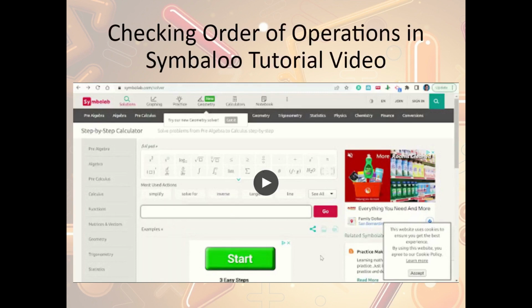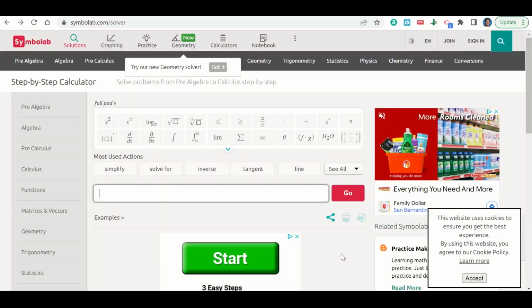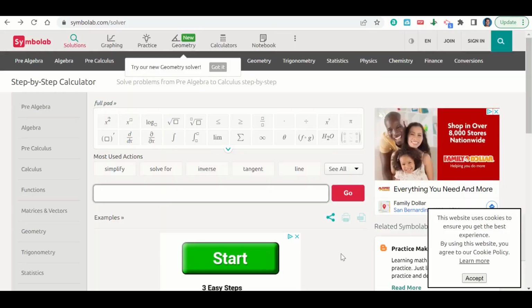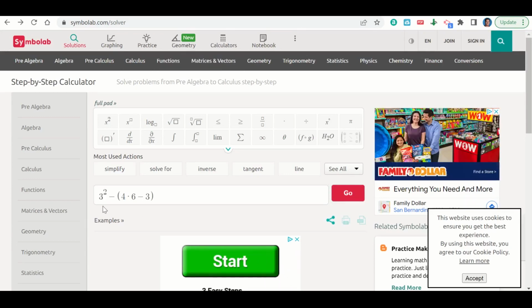Here's how we can check order of operations using Symbol Lab. There's a video here that you can watch. Let's take a look now at how we can check our work using Symbol Lab for order of operations. So let's say that we were given 3 squared minus 4 times 6 minus 3. So something that's written like this. We can go ahead and click go,